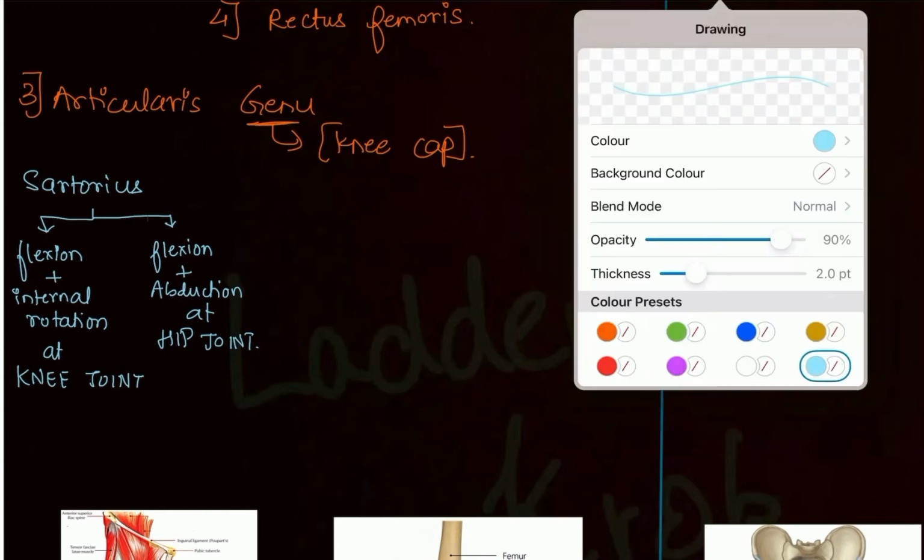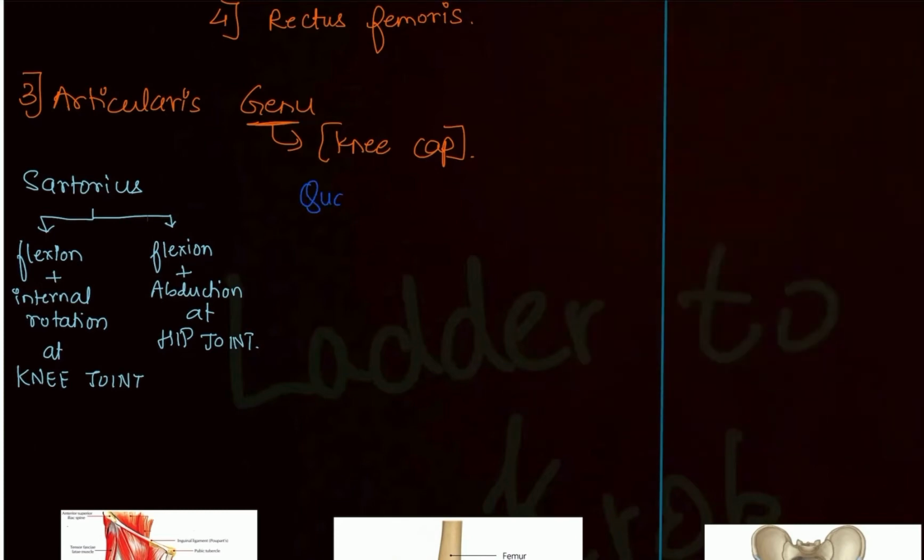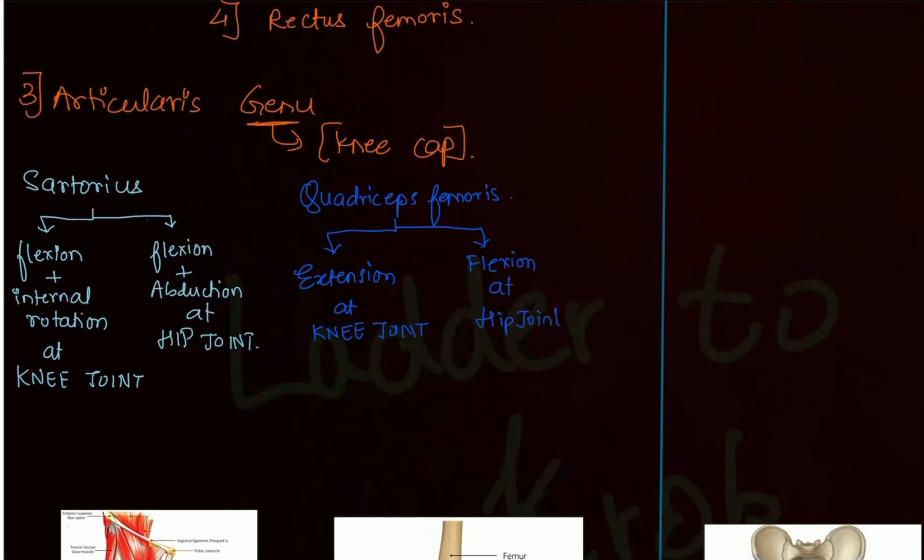There is something about quadriceps. So write it down. Quadriceps femoris muscle, it does extension at knee. It will carry out extension at knee joint. And will carry out flexion at hip joint. So remember this function at knee joint, what it will carry out, and hip joint what? This extension at knee joint, it does only at the 15-degree angle. So extension is done for 15 degree.